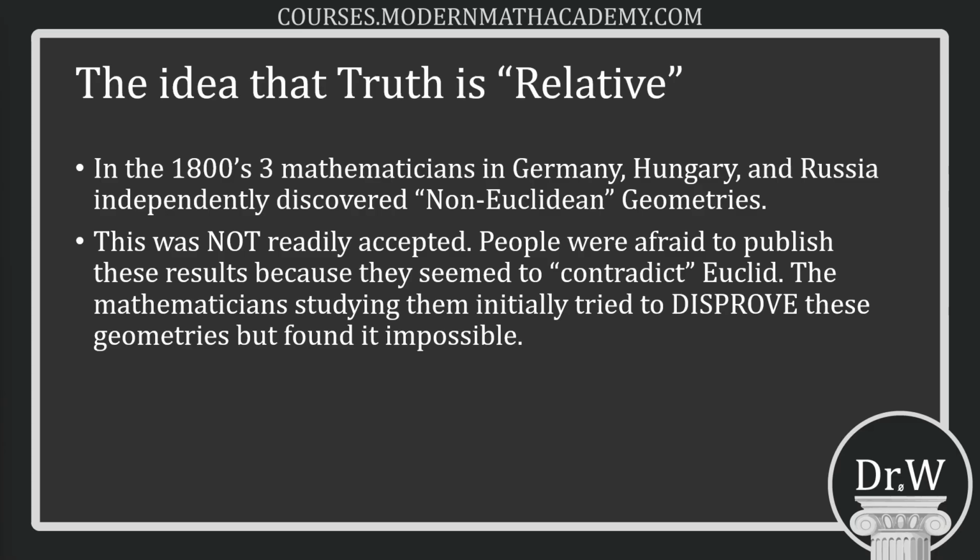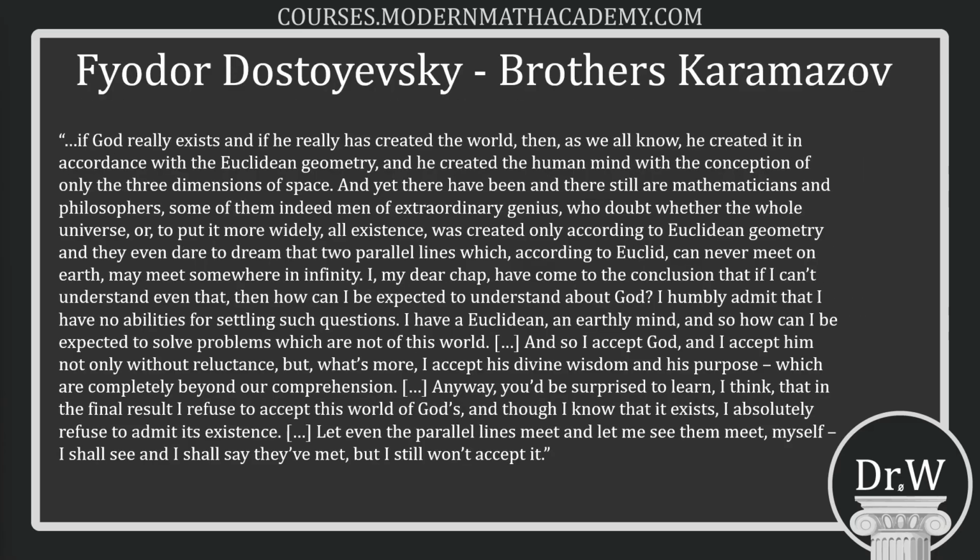This has affected everything in philosophy. The idea that Euclid is not the only one truth, but we could choose which geometry to pick, has led to the idea of relative truth. An interesting reference to this is by Dostoevsky in The Brothers Karamazov. He has one of his characters say the following: